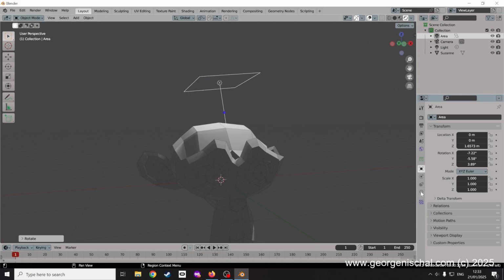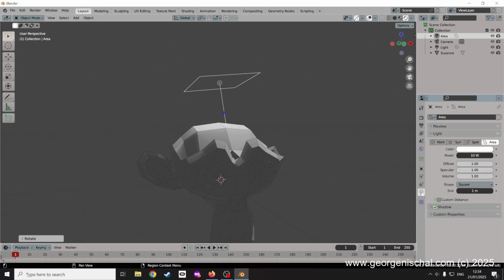If you want to access the properties of the light, the properties of the light are situated in this left toolbar where the bulb is. If you go Object Data Properties, it gives you the attributes of the light. So you can change the size,